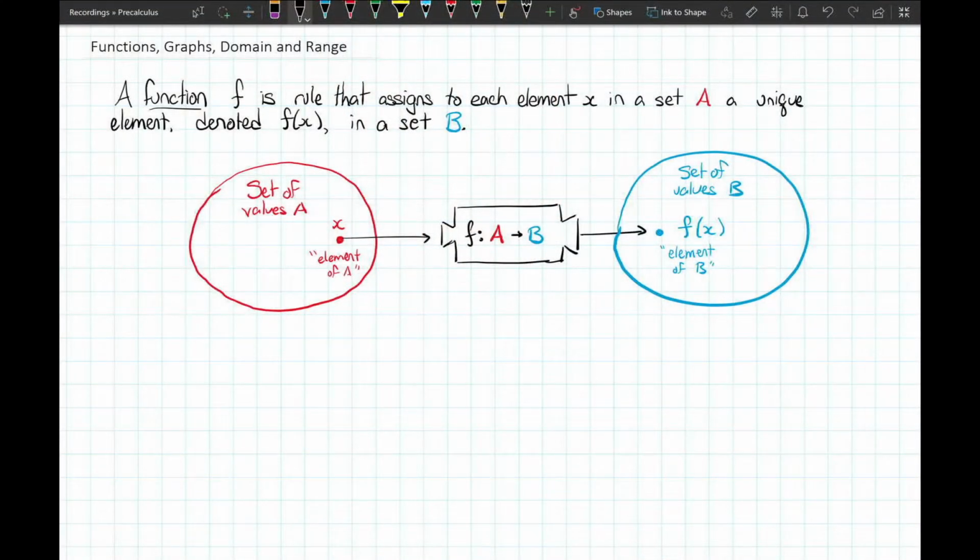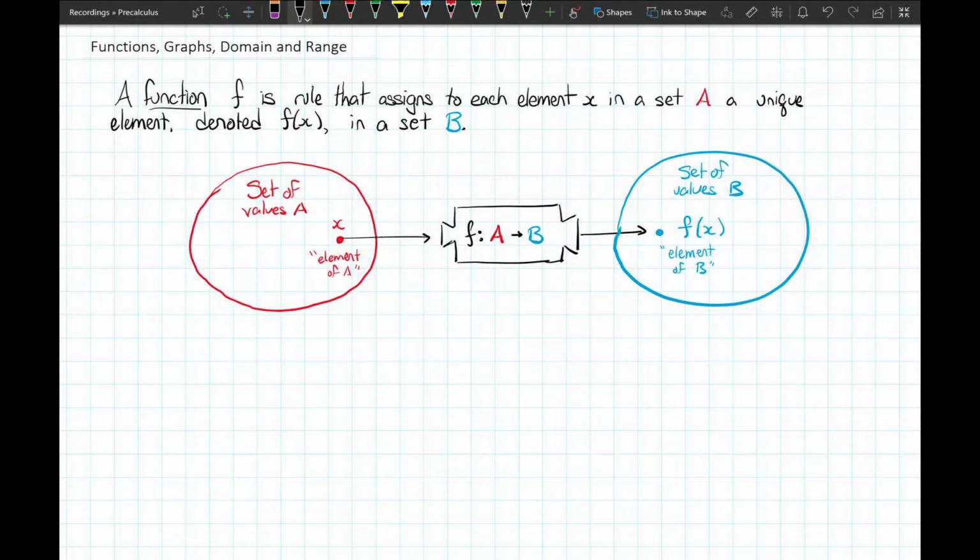Hello and welcome. In this video, we're going to take a look at functions and function notation, as well as domain and range of a function and how to construct the graph of a function. So let's get started. Now, a function f is just a rule that takes any element, some sort of object,